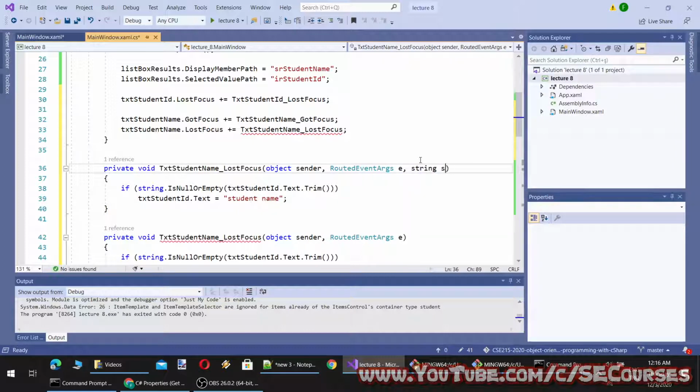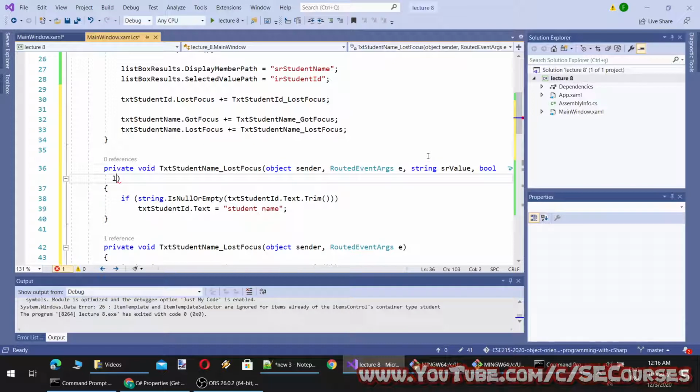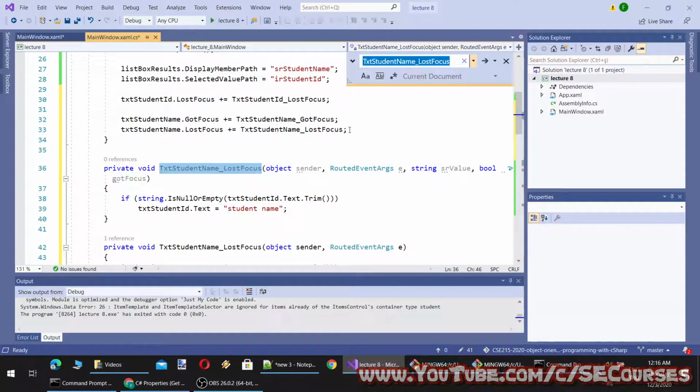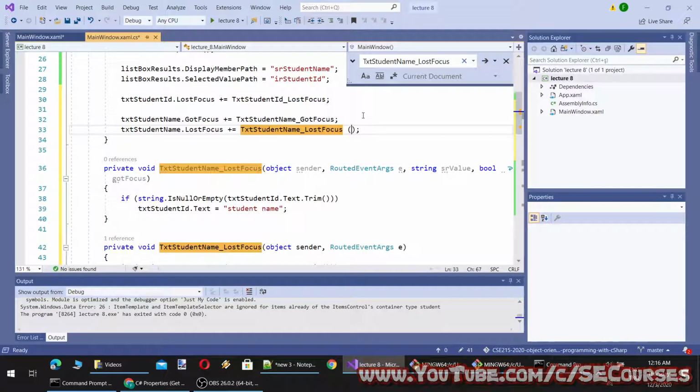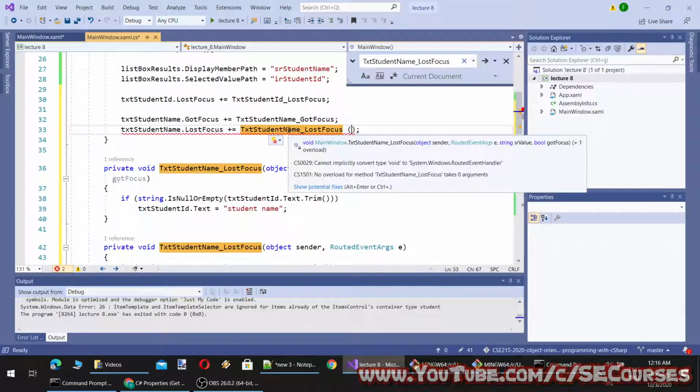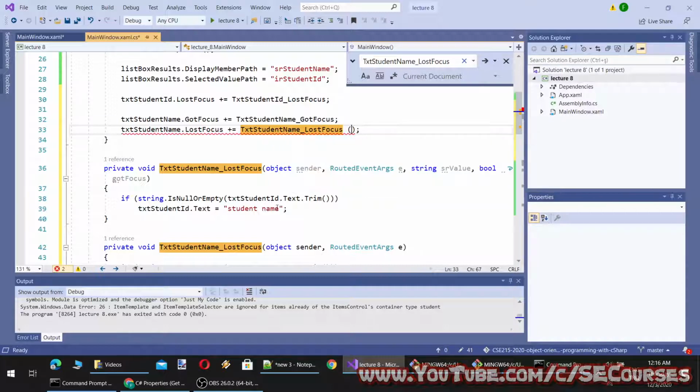Let's say value and all got focus equal to false. So can we provide this? I don't know.